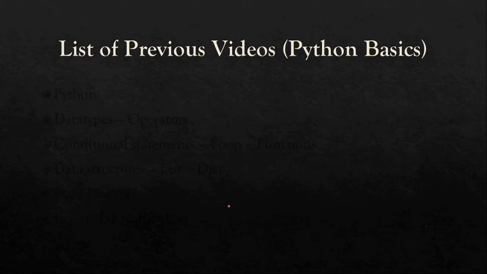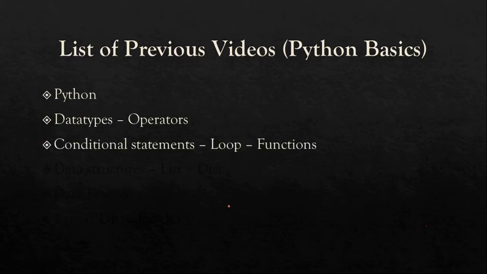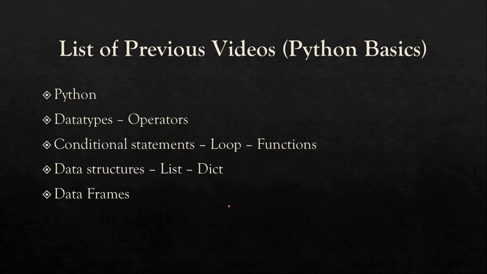Today we're going to start a new module called Statistics for Data Science. Until now we have seen a few basic concepts in Python. Let's do a small recap and then we'll get into a new module. So far we have seen what is Python, data types, operators, conditional statements, looping constructs, functions. Under data structures we have seen list and dictionaries. We have seen data frames and how to export a data frame to an Excel sheet. So these are all the concepts we have seen until now. If you have missed any of these concepts, please do watch the video and let's get into a new module